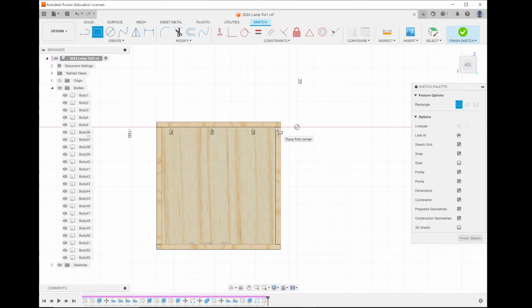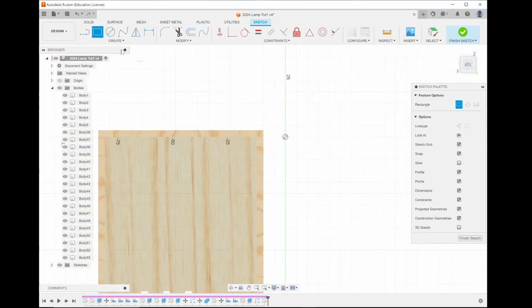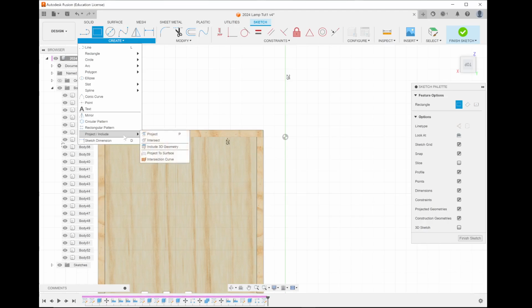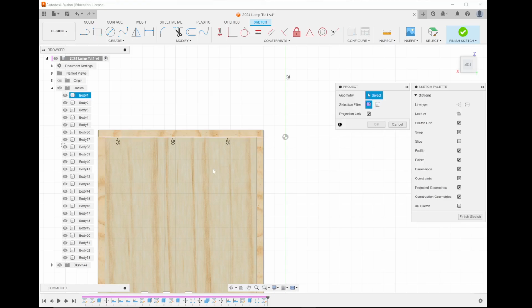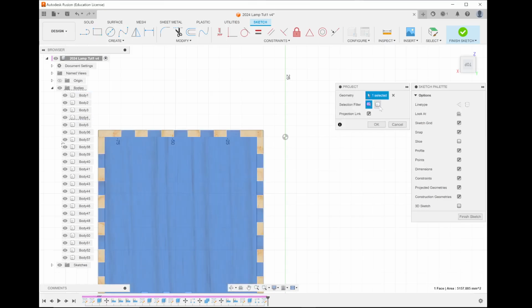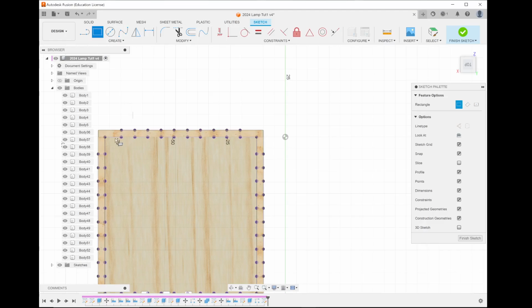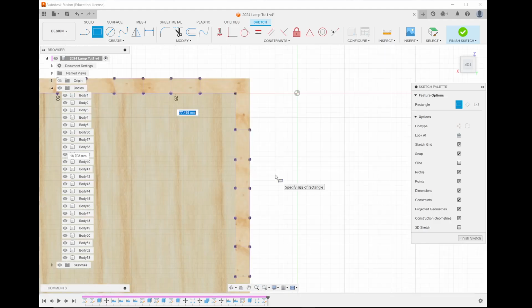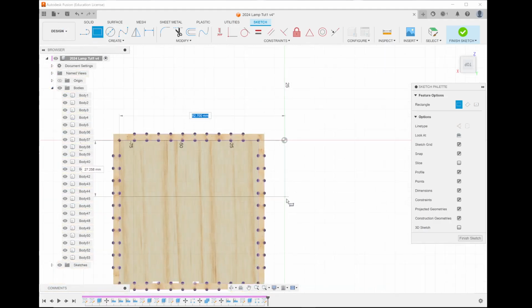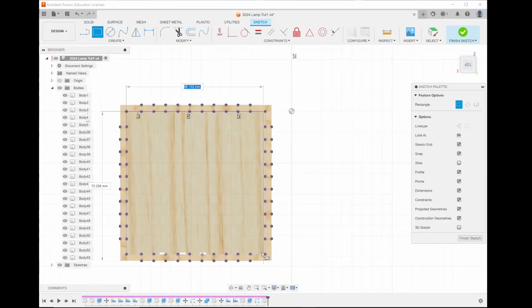I think we might need to, before we do that, go to create, project and include. We want to project this. We want to project to use this. Okay. So then we can make a rectangle from this square to this square, and then